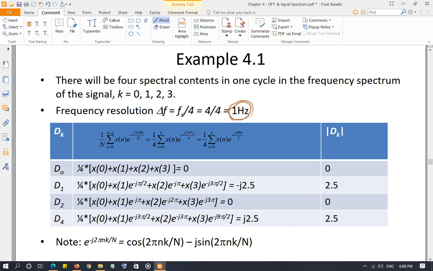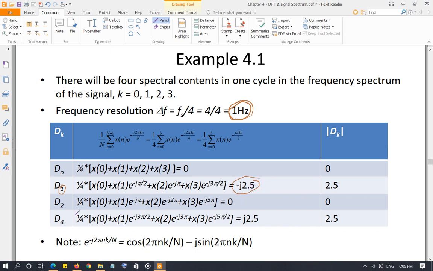For the first one, n is 0, so for the first x0, this exponent term is always going to be 1. Now k is 1 over here, right? So we put k equal to 1 in the equation, and then n is changing from 0 to 3. For n equal to 0, this will be 1. For n equal to 1, that's going to be e to the power negative j 2 pi over 4, so j pi over 2. 2 pi over 4 is pi over 2. And likewise, n equal to 2, k is still 1, we have a negative j pi and a negative j 3 pi over 2. Alright, when we go to the next one, it is going to come out to be negative j 2.5 when